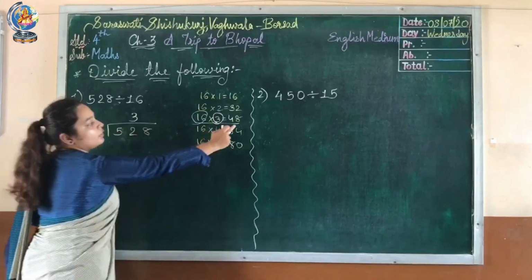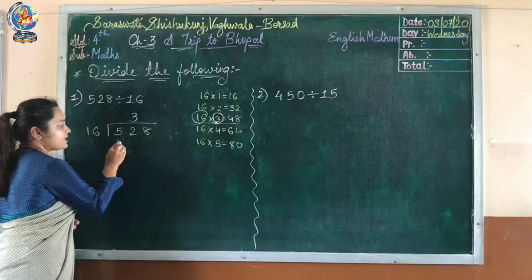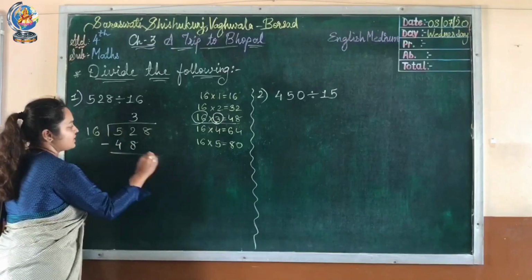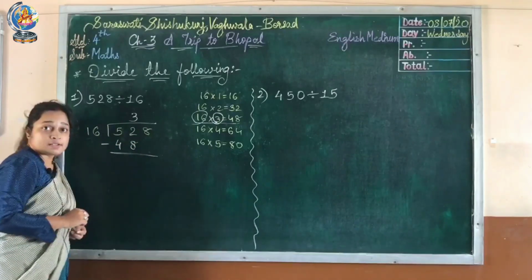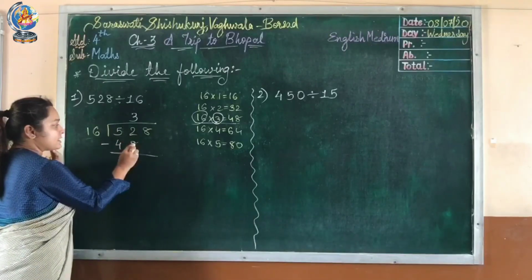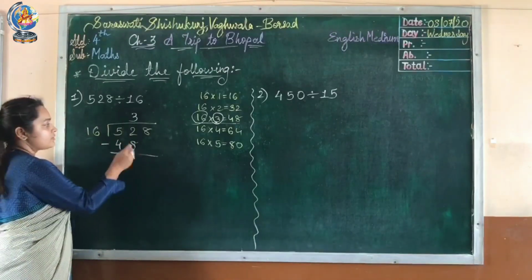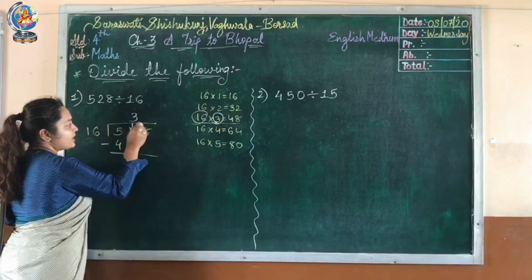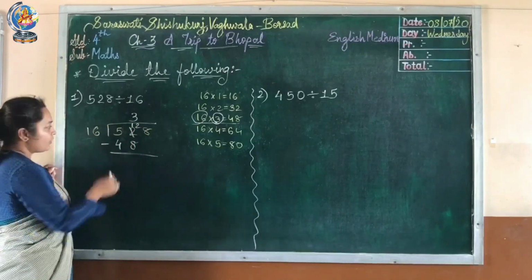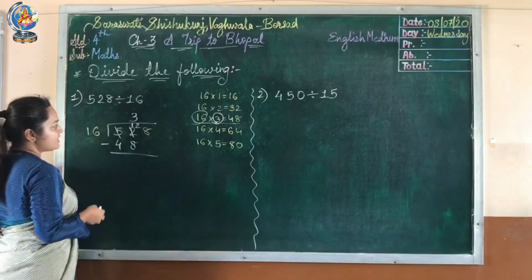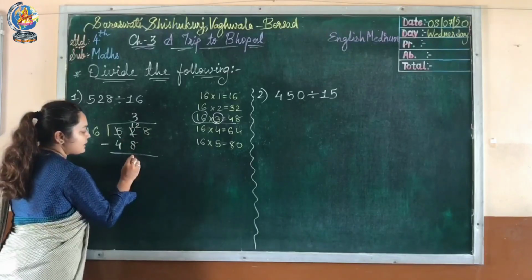So first we will write 3 at the place of the quotient on the upper side. 16 threes are 48 is given, right? So we will write 48 under the 52. Let's do the subtraction work. 2 minus 8 is not possible. So we cut the 2 and write 12. We will borrow it from 5, right? 1/10. So 12 minus 8 is 4.